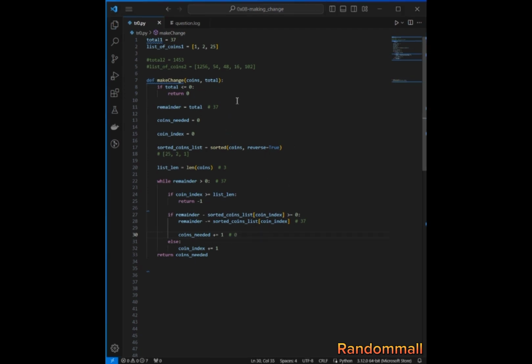So now let's go through this again. Here you know that the remainder is 37, which is the total. So the sorted list in reverse is 25, 2, 1. The length of the list is 3. Remainder is 37, and here we are still at index 0, which is less than the list length, which is 3. And then here we are checking if we can subtract